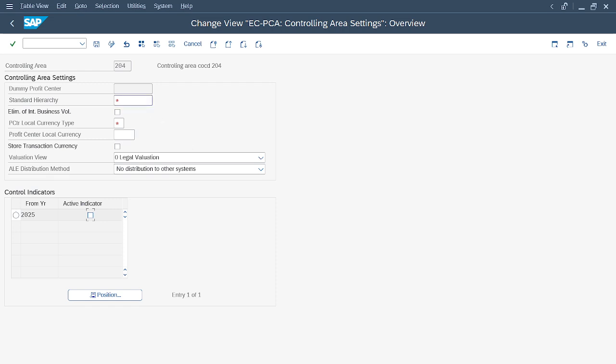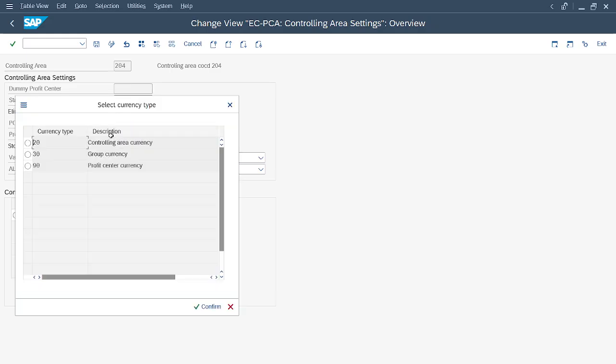Here we fill in our standard hierarchy, and we also activate this controlling area for the fiscal year 2025. First, we'll go for our standard hierarchy 204, local currency type, profit center local currency type. Here we go with controlling area currency type 20.